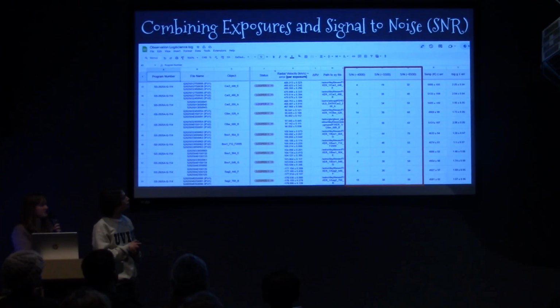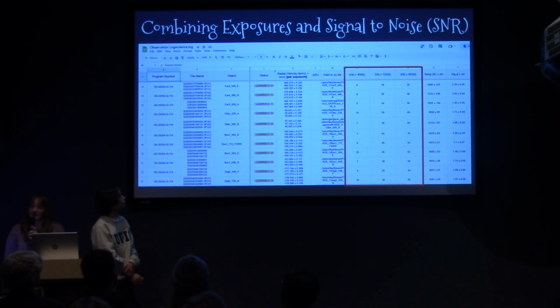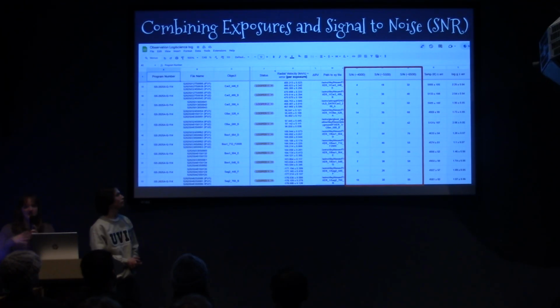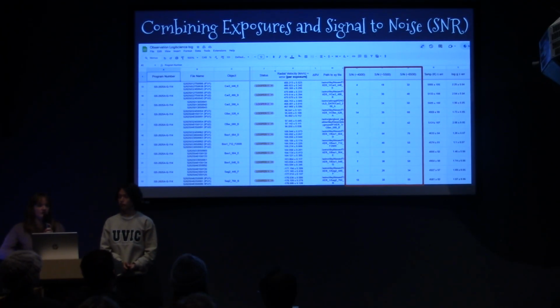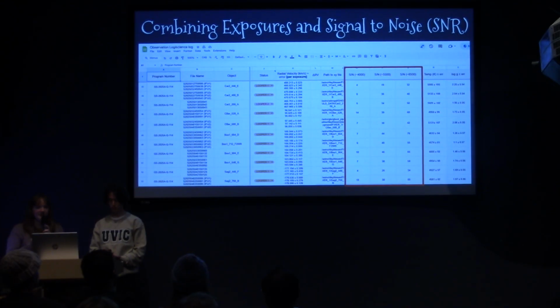So a signal-to-noise ratio is basically saying how noisy is your data, how clear is your spectrum. When we take our star and we observe it, the signal that we receive is really the starlight. And then the noise really can be a combination of a whole bunch of different things that end up coming out in your spectrum. It could be temperature fluctuations in your instrument, it could be atmospheric effects. There's a whole bunch of things that could contribute to an increase in the noise that you receive. And that noise ends up affecting your measurements. So we want to make sure that we have a control and we know how much noise is in our